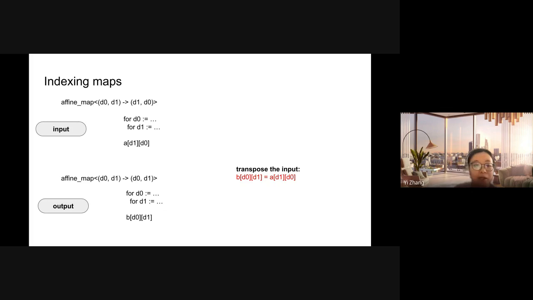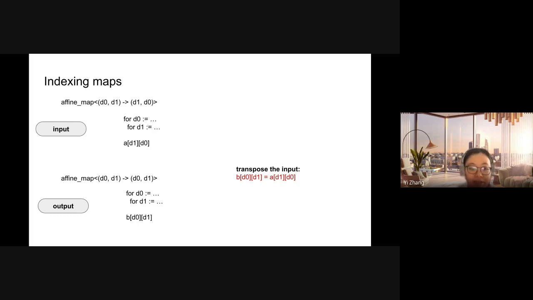Another example here is transposing a tensor. If the affine map on the top is for input and on the bottom is for output, both are two nested loops with a two-dimensional tensor.